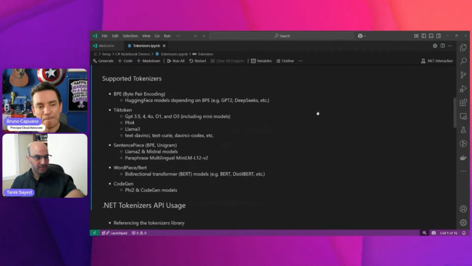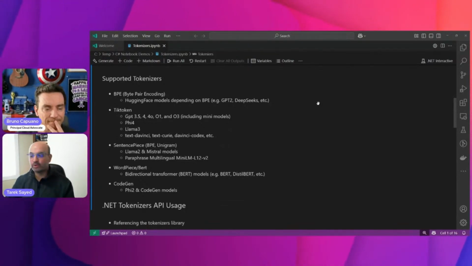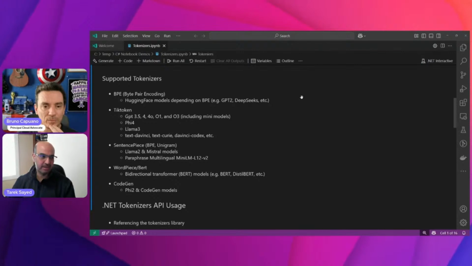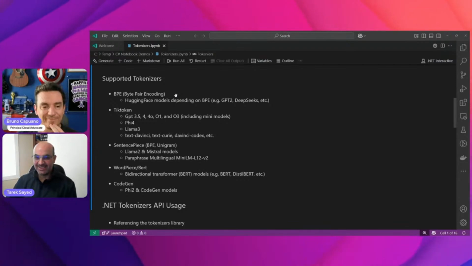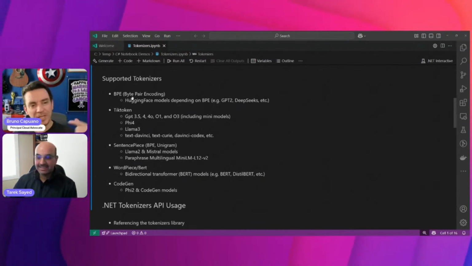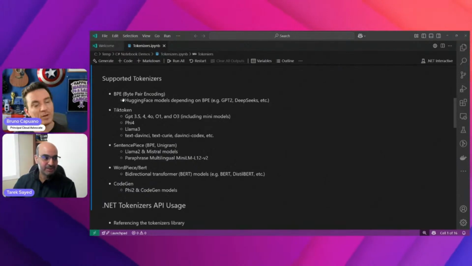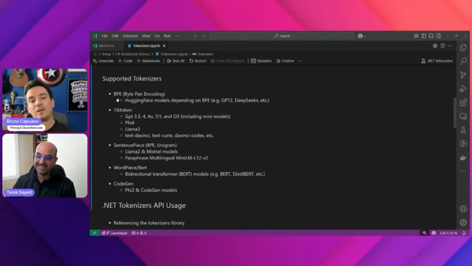Okay. So quickly, I want to skim over what types of tokenizers we are supporting today in the tokenizers library. We support the BPE tokenizer. This is a very famous tokenizer, used a lot with Hugging Face models, most of them. Like GPT-2, and actually it's also used with DeepSeek. Oh, I didn't know that. So DeepSeek V3, R1, the DeepSeek models are using BPE? I didn't know. Yes, BPE tokenizer, that's it.